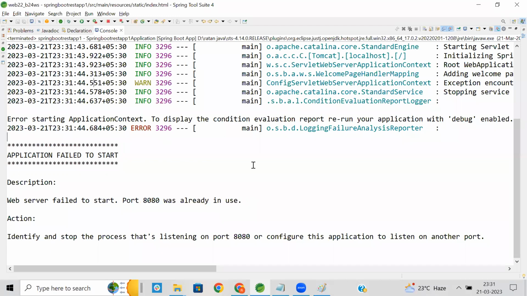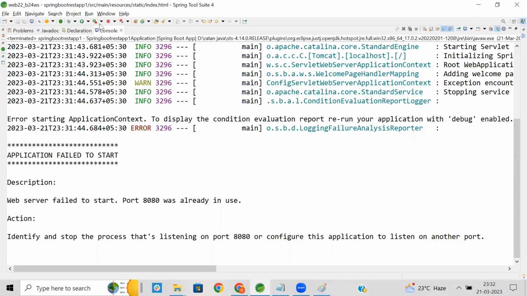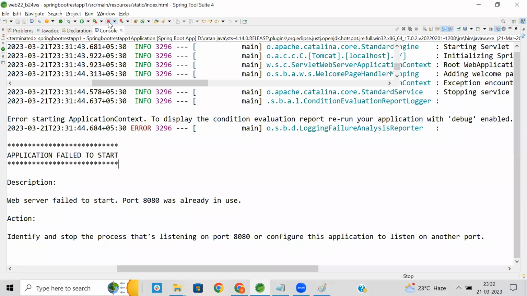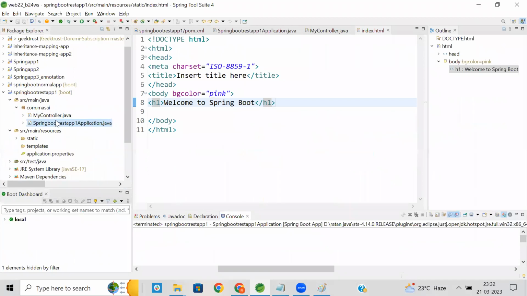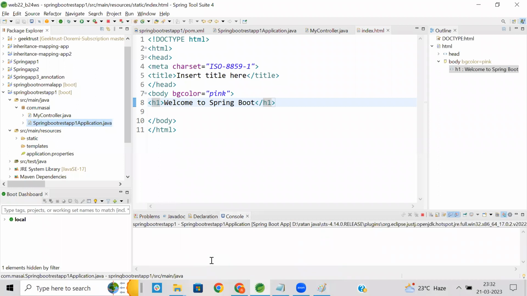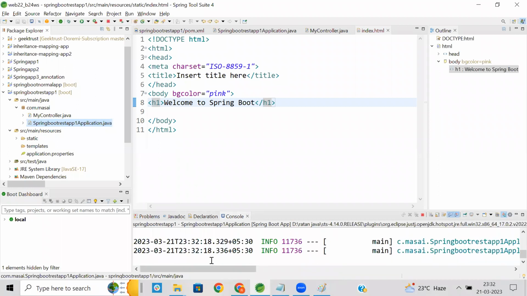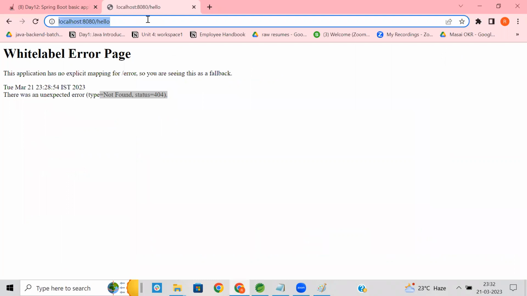So I cannot run the same application on the same port. Please change the port, or you can stop that application and restart it. So stop the server by clicking this red button. And what to do? You need to just relaunch this application once again, the Spring Boot app. This will take another 5 to 6 minutes, and I will conclude the session. Now my application got started, and if I give the request once again, that is /hello,